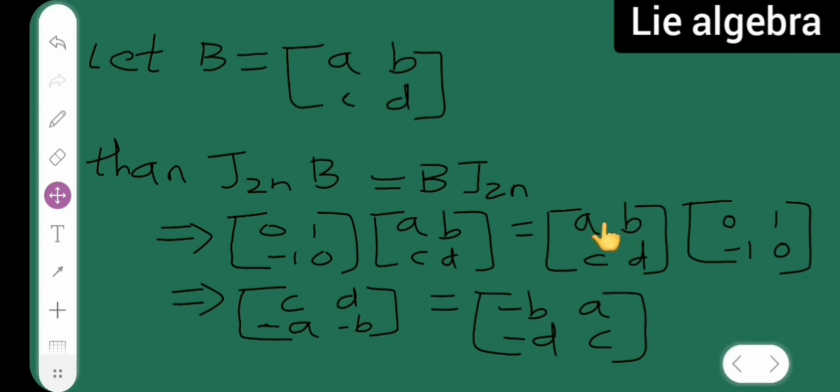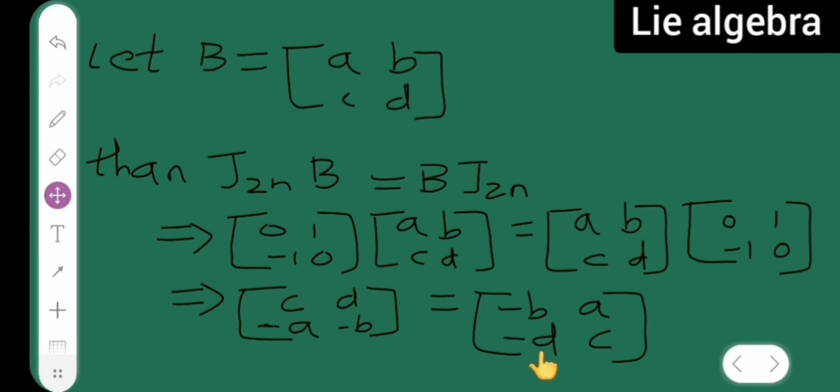Same way you have to do it for this, this into this bracket. So A into 0 is 0, minus B I will get. Then A into A, B will be 0, so I will write A over here. Now C into 0 is 0, so then D into minus 1 is minus D. Then again I will get C into C plus 0, so it will be C. So what I am getting is C is equal to minus B and D is equal to A.